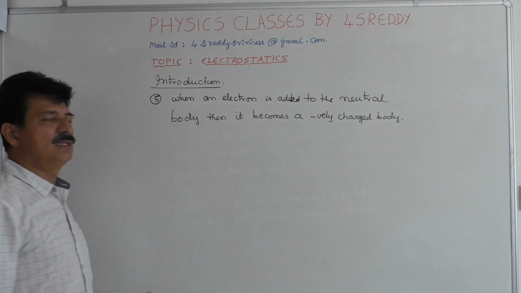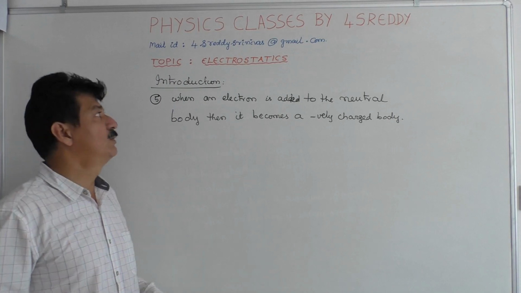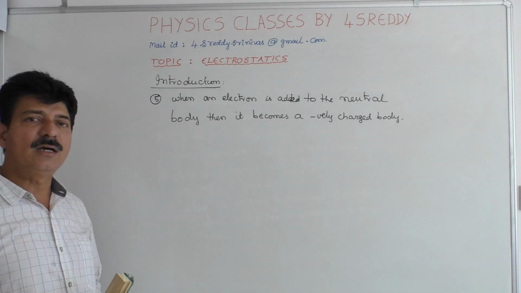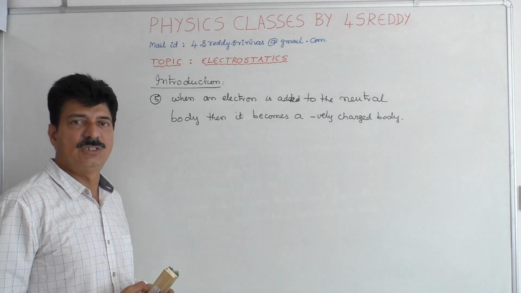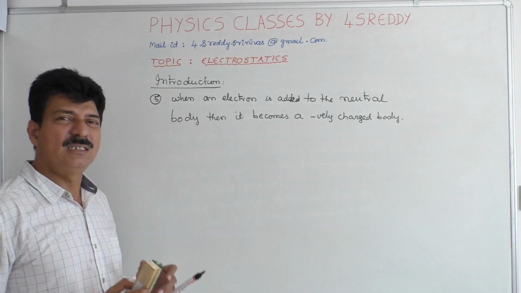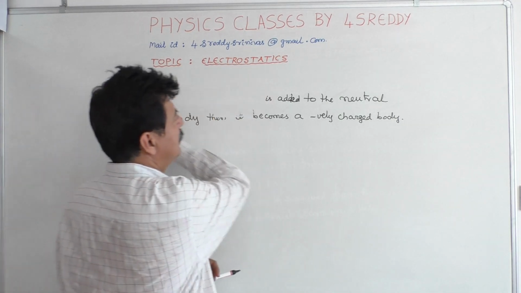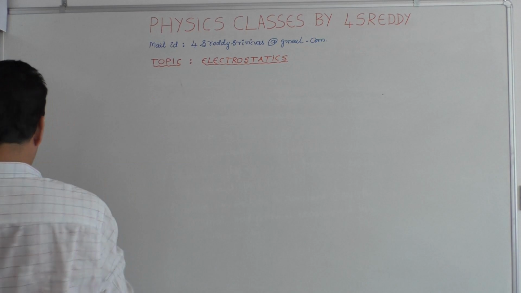So, these are the introductory points related with electrostatics. Once you got the general idea of the electric charge, then what are the general properties of these electric charges? So, the second one is